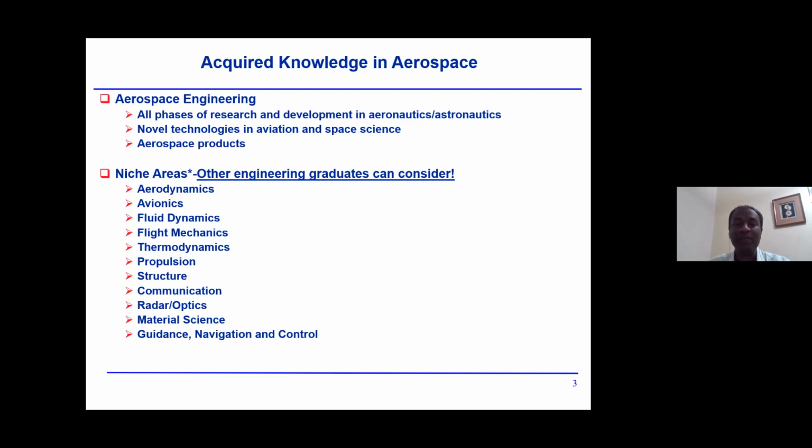But if they want to start designing a spacecraft, that job needs to go exclusively to an aerospace engineer, because they have the knowledge and are exposed to space vehicle design and aircraft design. So this is very specific. A mechanical engineer or chemical engineer or electrical engineer would not be learning all those components. So in a way,